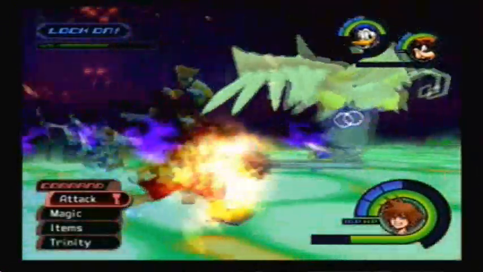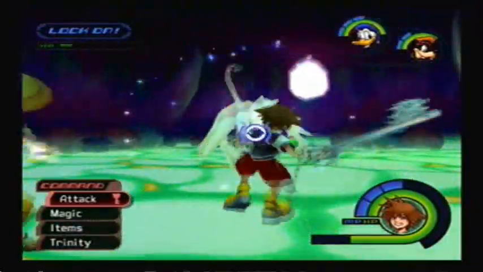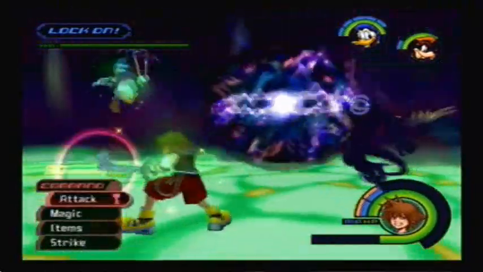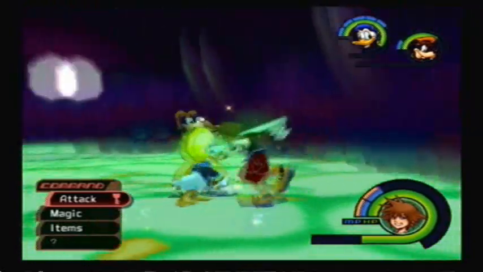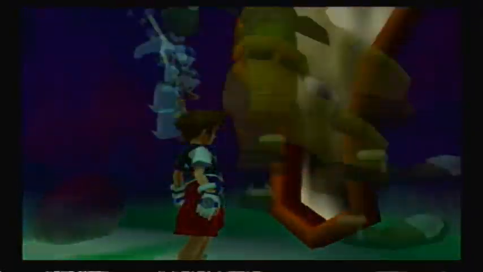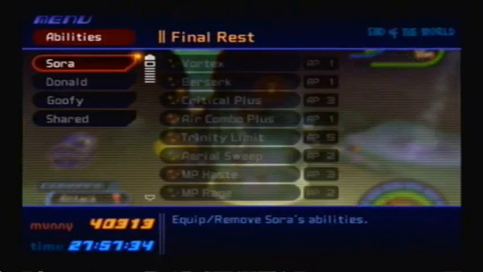This first time it didn't work out so well because I kind of messed up the timing for Trinity Limit, and I ended up hitting the enemies that were all in guard stance, but it doesn't really matter. It's a really good method for leveling up. And the great thing about this area in End of the World is that you only have to go one zone away. That is, touch the save point and then...